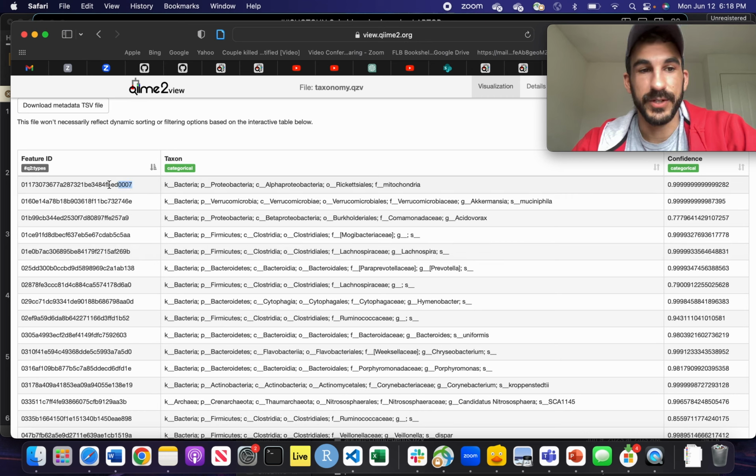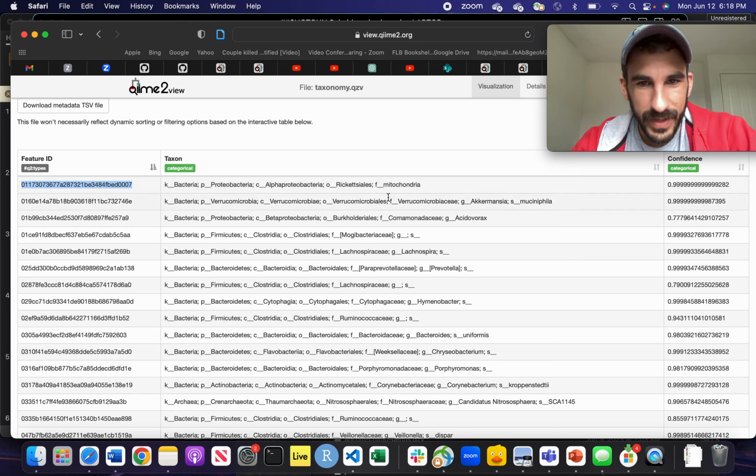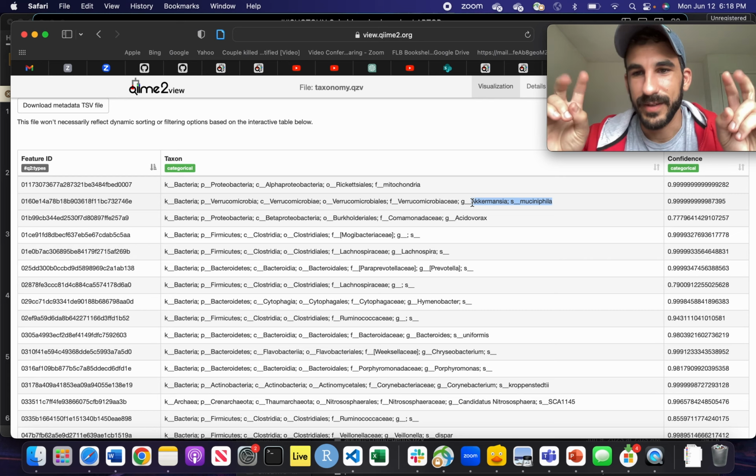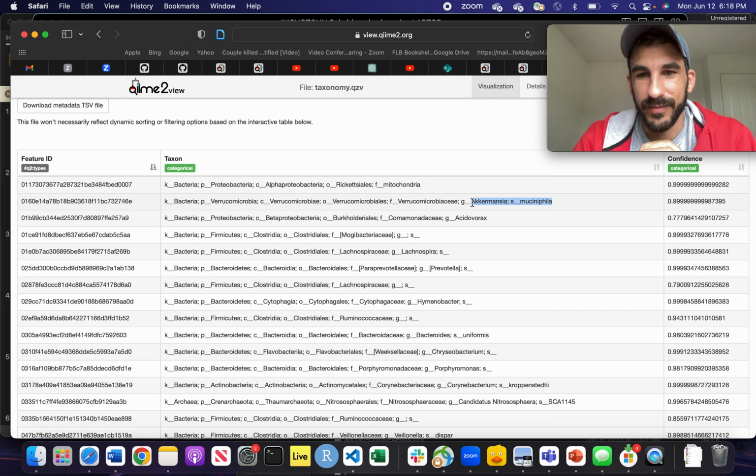So here, this is the feature ID. You might have seen this. This is like the codes that you'll see in your table. That's basically all the sequences just get this kind of code name. And then here are all the taxonomy that gets mapped to each feature ID. So this one happens to be a mitochondria, which you don't want in your data because that's a little problematic. This one is Akkermansia muciniphila. That's cool. This is like considered the next gen probiotic thing,